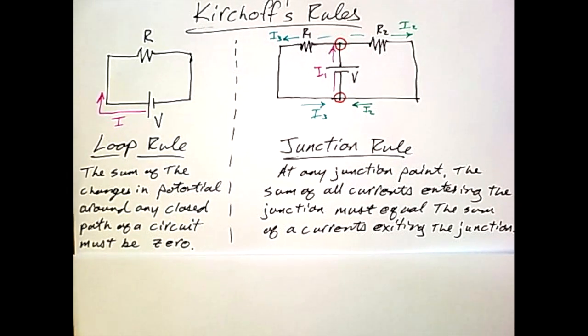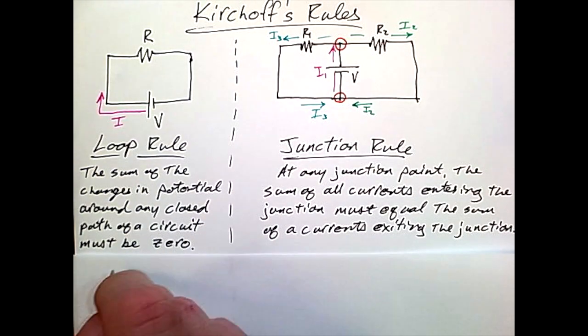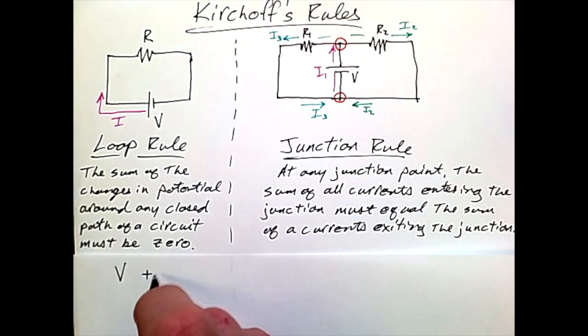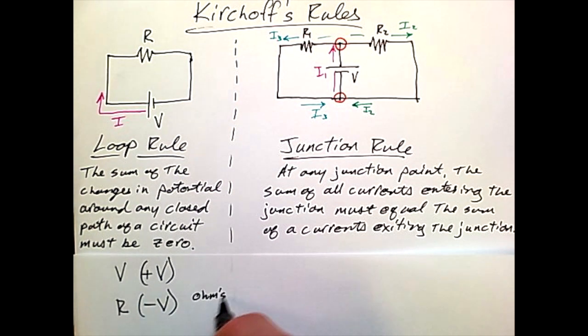Kirchoff describes the two rules as the loop rule and the junction rule. The loop rule states that the sum of the changes in potential around any closed path of a circuit must be zero. This is to say that voltage adds power and resistors take away power or voltage. We can calculate that by the fact that Ohm's law tells us that voltage is I times R. And so we utilize this law in the statement above